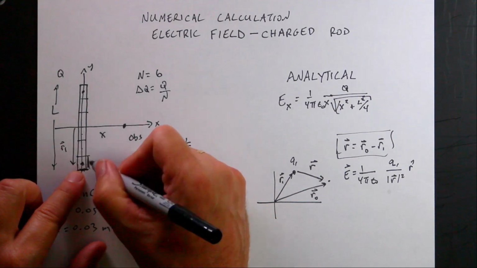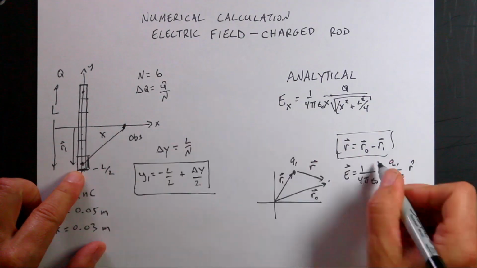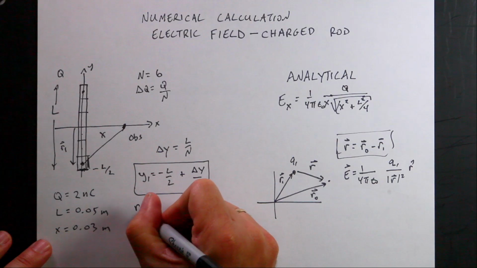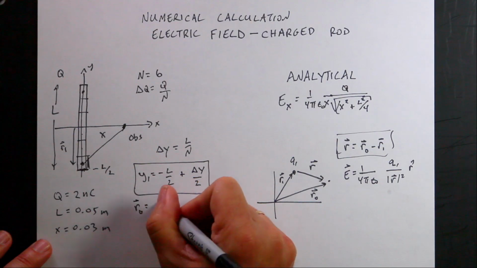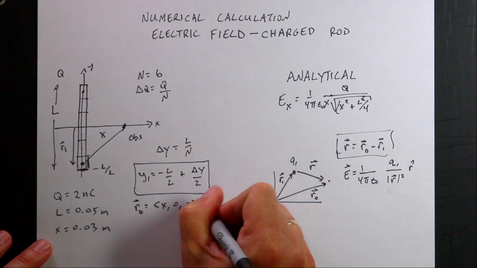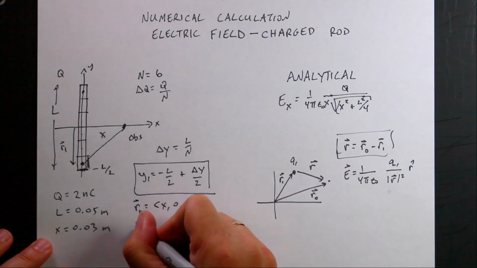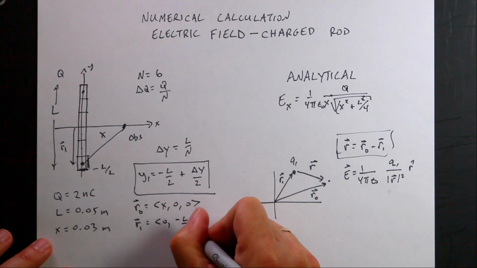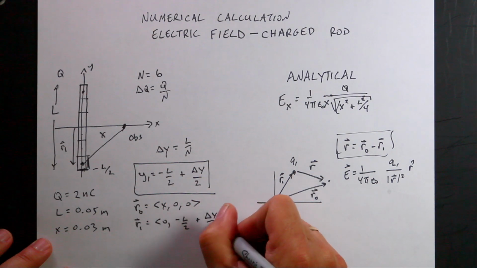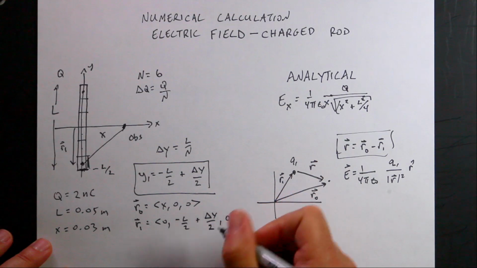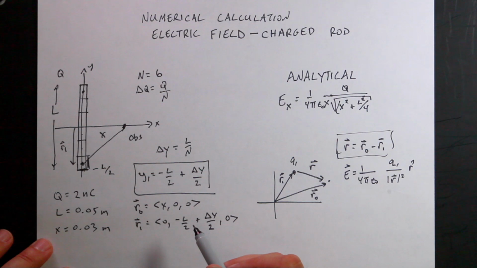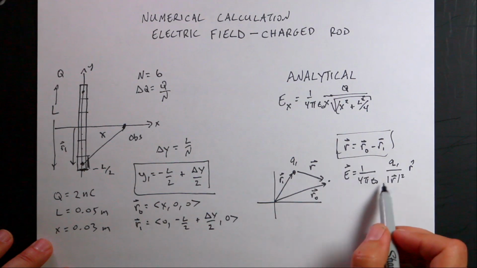Then I just need to find this vector, right? Which I know, if the observation location, I know both of these. Let me write them out explicitly. So R0 is going to be x0, 0. So that's 0.03. R1 is going to be 0, negative L over 2 plus delta y over 2, 0. And I know delta y because I can calculate that. It's a number. And then I can calculate R, and I can calculate the electric field because I know the